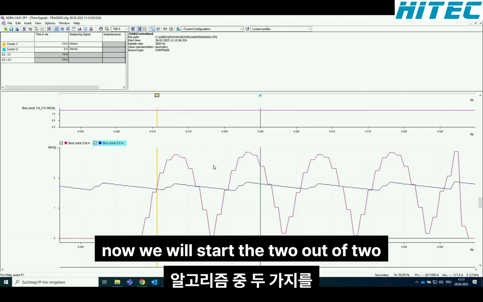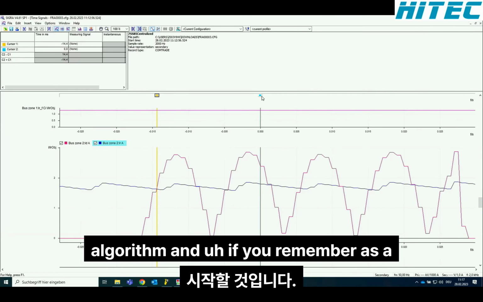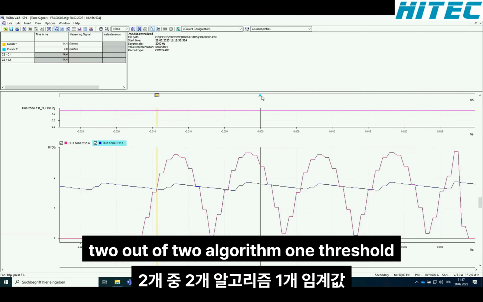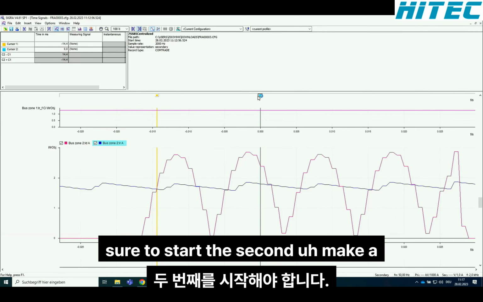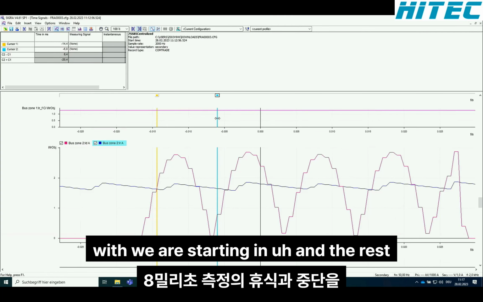And now we will start the 2 out of 2 algorithm. And if you remember, for the 2 out of 2 algorithm, 1 threshold exceeding is enough. But to be sure, to make a measurement window in the second half wave, we are starting